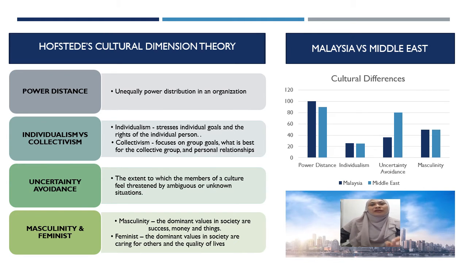subordinates. In terms of individualism and collectivism, the score is 26 for Malaysia and 37 for Middle East. This is expressed in a near long-term attachment to the members of the community, whether it is a family, extended family or extended connections. Number three is uncertainty avoidance. Malaysia's score is 36, quite low actually, and Middle East is 80. The score is high in uncertainty avoidance, which results in avoiding uncertainties, maintaining good codes of belief and behavior,